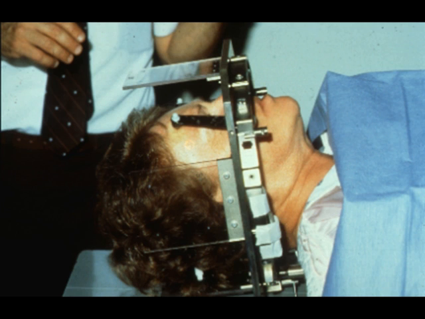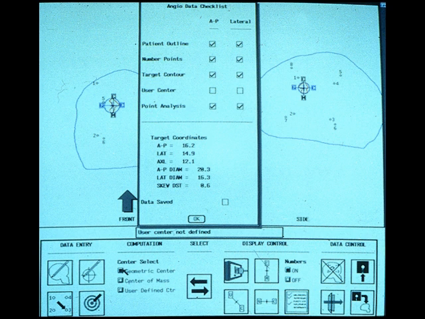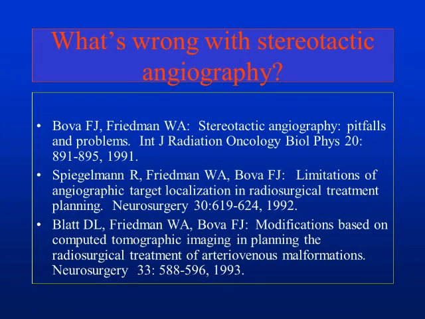This, back in the old days, and rarely today, we would do angiographic, stereotactic angiographic localization, and this is an angiographic localizer. But we don't do much angiography for radiation anymore. This is what the digitized angiogram looks like on a digitizer screen. And we're not going to go into a lot of detail about the problems with stereotactic angiography, but I would just point out these 3 papers. I think we were the first group to realize